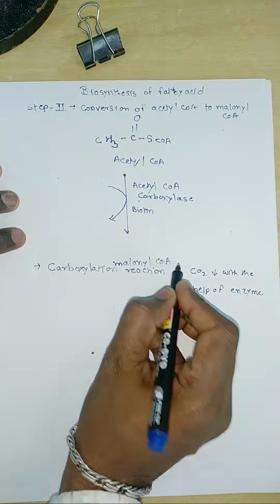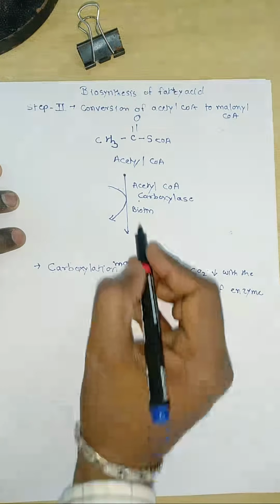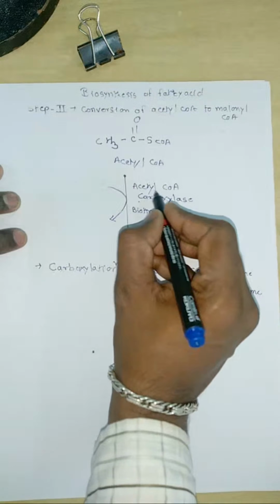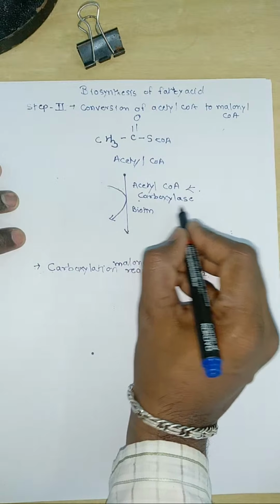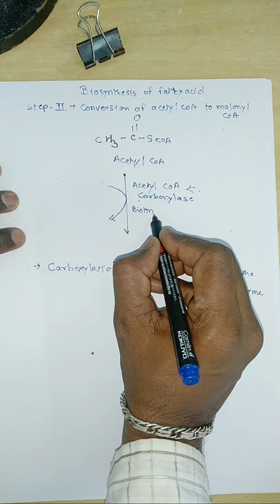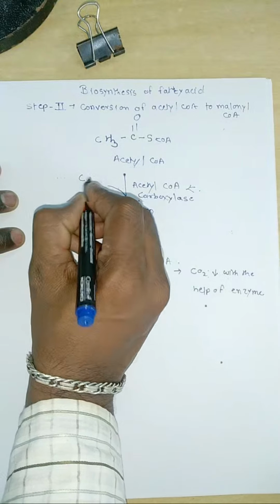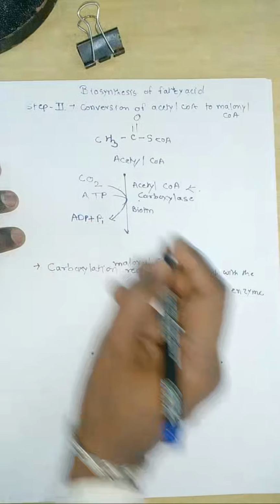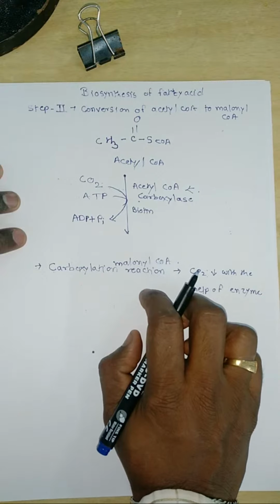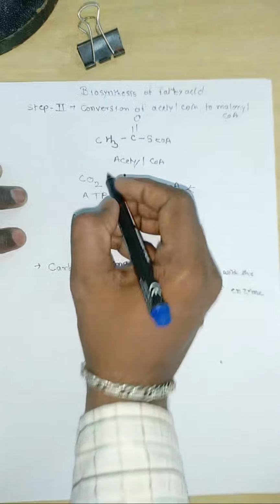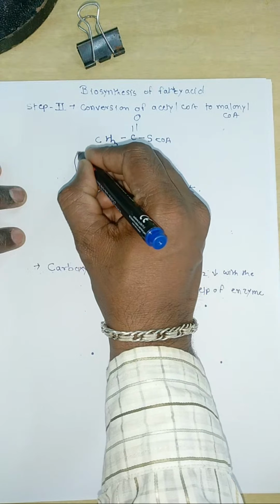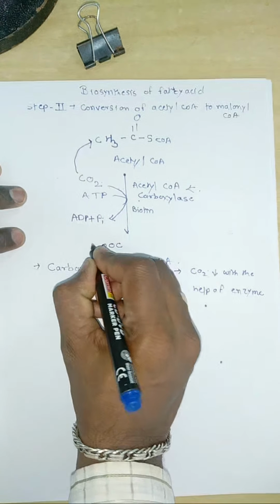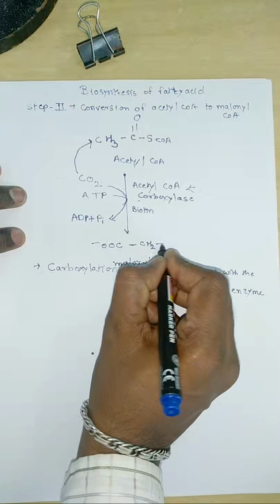Malonyl CoA. And this acetyl CoA is converted into malonyl CoA. In this reaction, acetyl CoA carboxylase is the enzyme utilized in the presence of biotin, and CO2 gets fixed. The energy source we are utilizing is ATP. CO2 gets fixed onto the acetyl CoA, so the product we are forming is COO dash CH2 CO